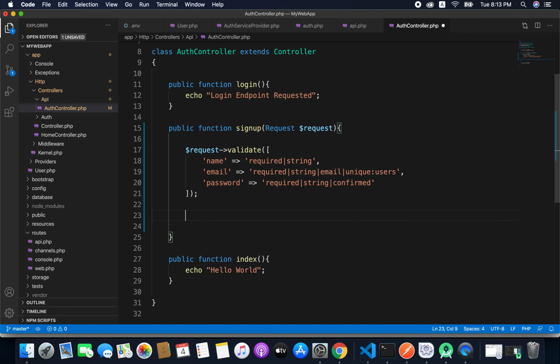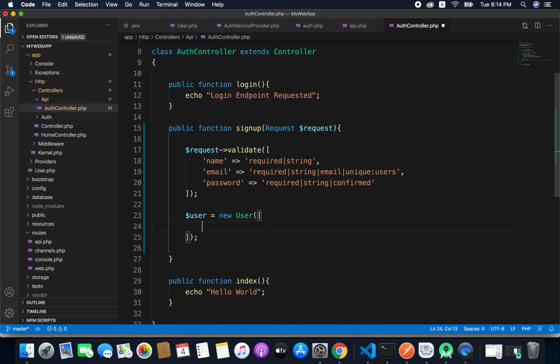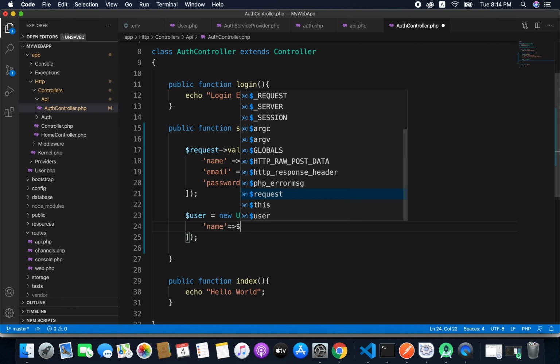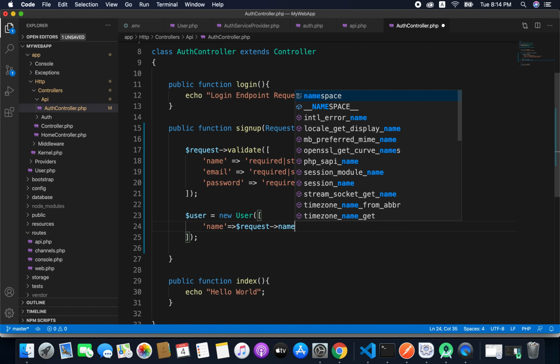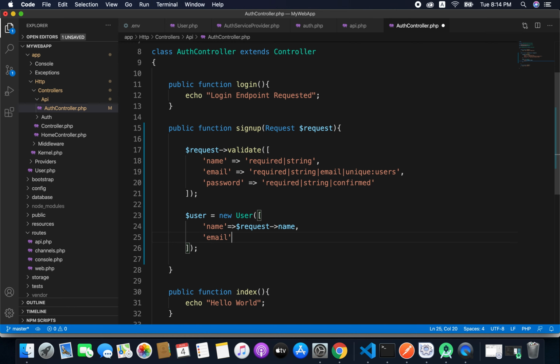Now we will create a user to sign up. So we have user equals to new user, and inside the user constructor we will pass all the required attributes for our user, which are name, email and password. So we will first pass name, then email, and then password.